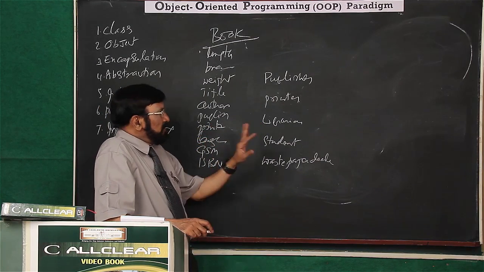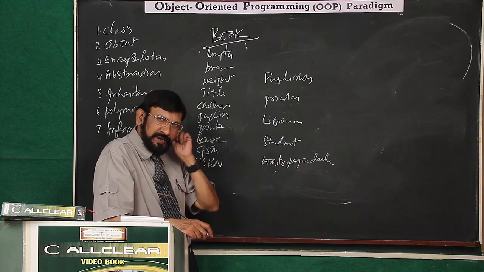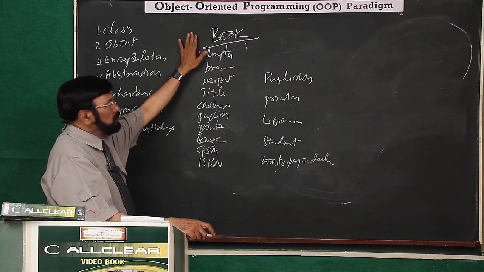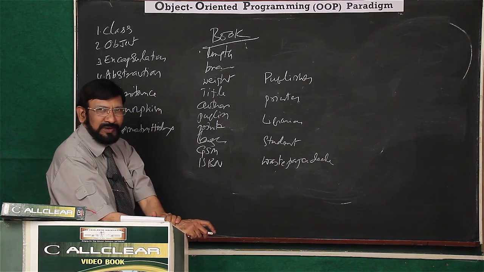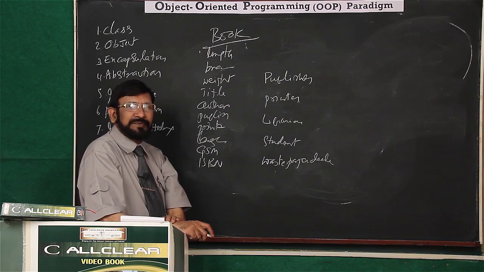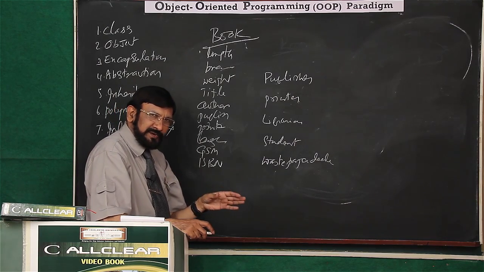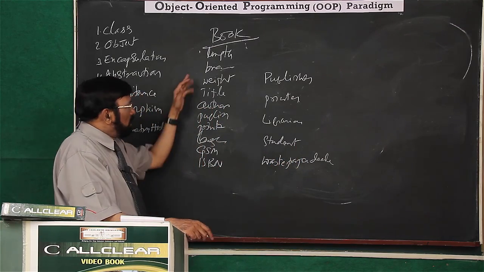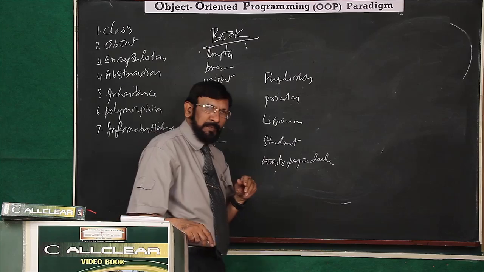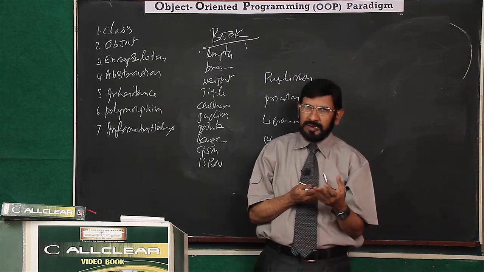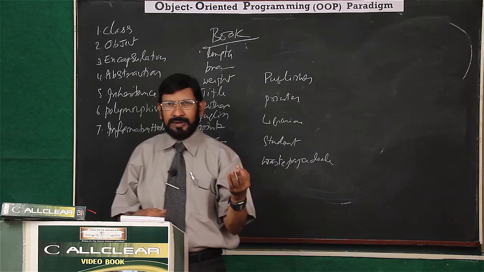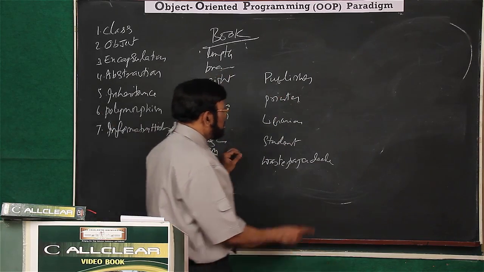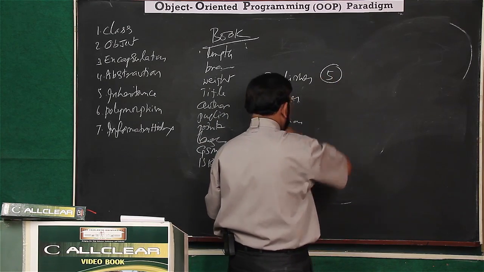Now you see, 5 people are dealing with the book. Suppose these 5 are your clients. If you are a software engineer and you have 5 types of clients, all of them are dealing with books only. That's why you define the book class only for all of them. But your abstraction, that is data abstraction and function abstraction, are different. So now for data, let us take a publisher. Publisher means he deals with the author, title, quality of the subject, language, etc. Suppose out of 20 features, he takes only 5 properties.